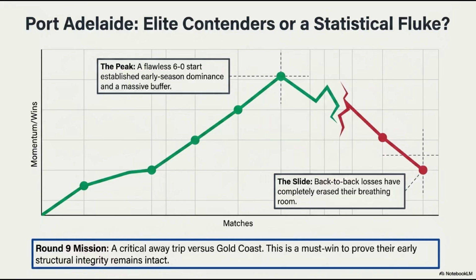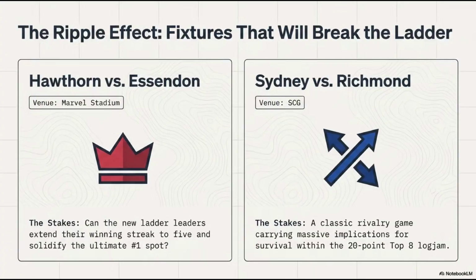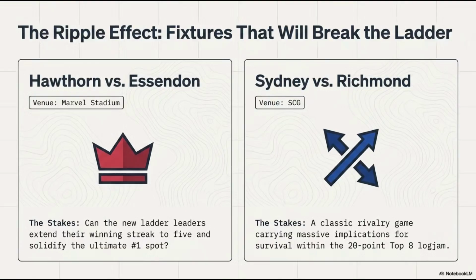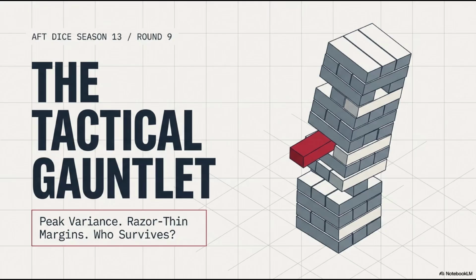Think about managing a massive corporate project, right? Or tracking quarterly sales, or even pursuing your own personal fitness goals. Early success can so often mirror what we discussed with Port Adelaide. Yeah, it can be a total statistical fluke. Right. You launch a new product, it sells out immediately in the first quarter, and you think you have built an invincible business model. But was the model invincible, or did you just get a favorable roll of the dice in a high-variance market? And that is the hidden danger of the glass jaw scenario in the business world, too.